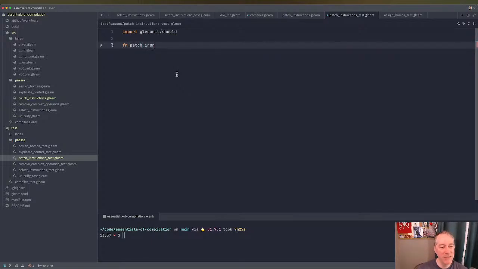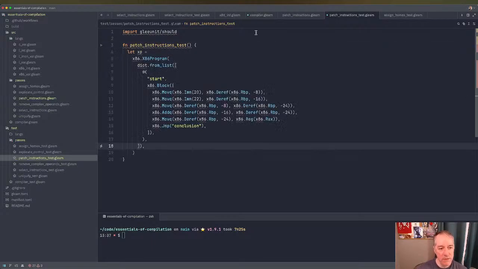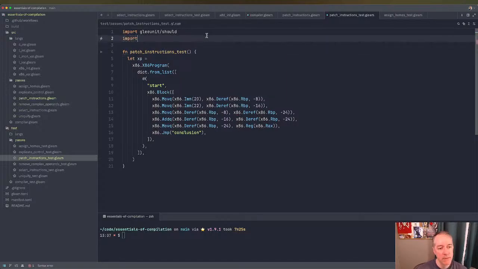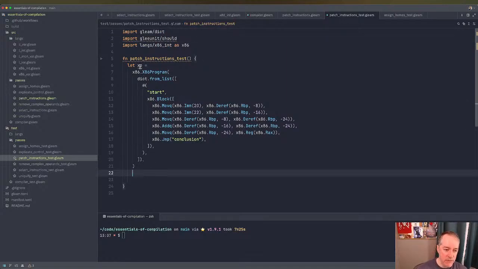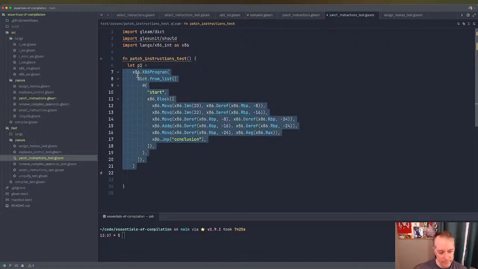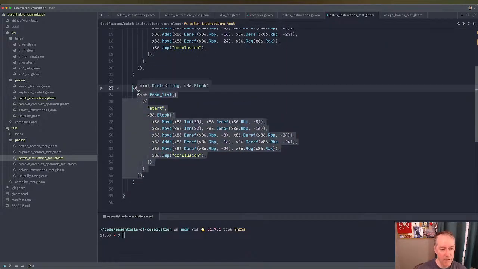Okay, patch instructions test. Okay, so we need to import Lang's x86 int as x86. And we need Gleam dict. Okay. So what we want is, I'm going to call this P1. And then we're going to copy this, and we'll say let P2. And we're going to go in here and we're going to replace